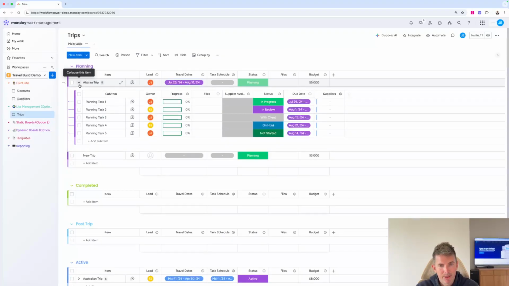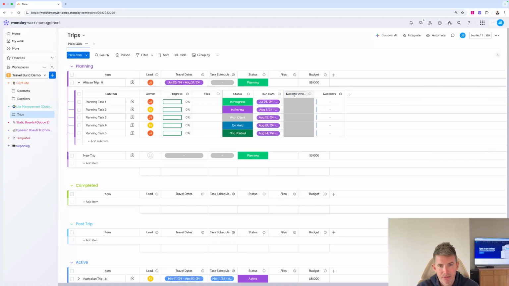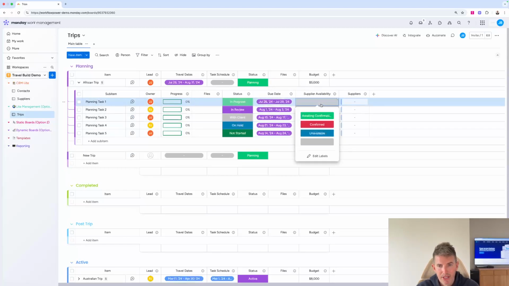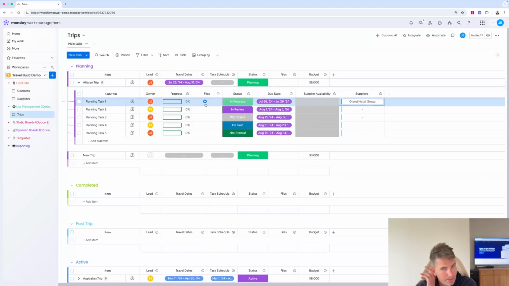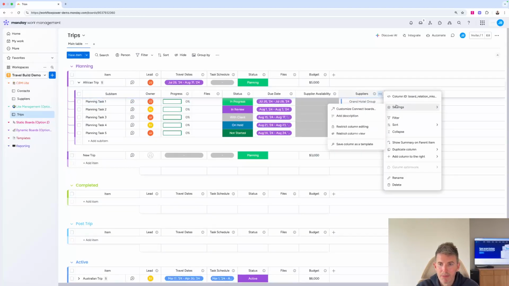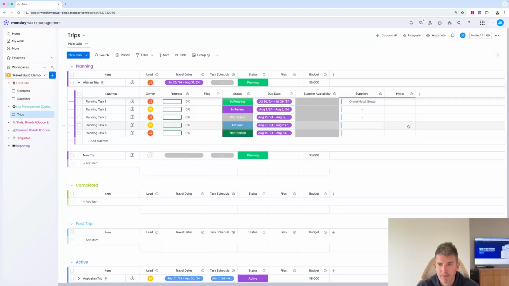So you can see here as we go through, we'll create a few more details. What we've done is maybe tracking status. We've got due date here that would represent different information. We've got our supplier availability. So let's say potentially we loop in a supplier here. That is going to be this Grand Hotel Group. Maybe we also want to mirror in. So let's mirror in